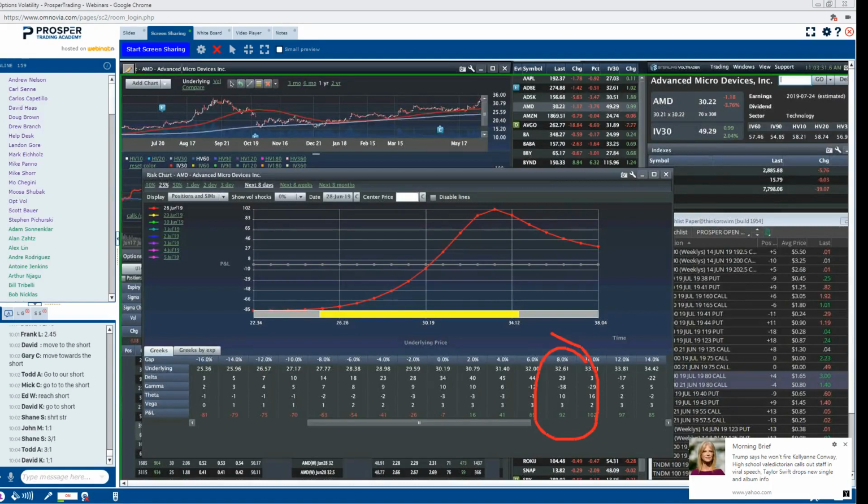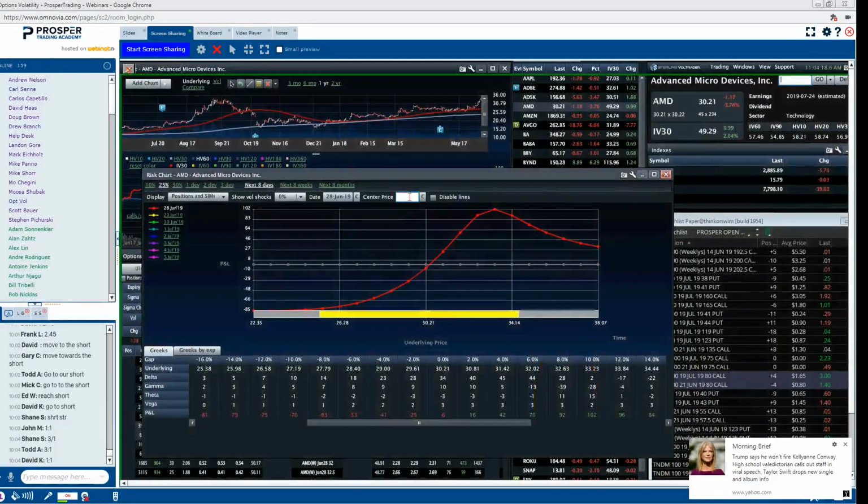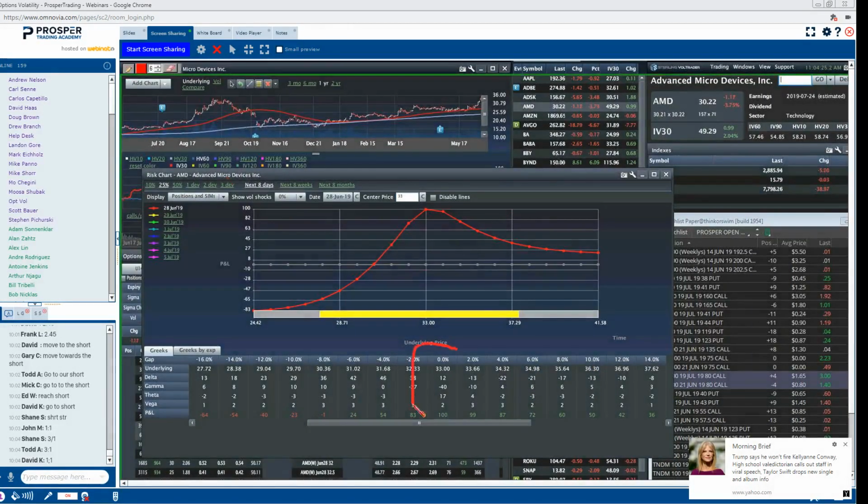If we look at 33 here, in fact, I'm going to put straight 33 in here as the price. Our projection here shows about $1 profit. That's 1.25 to 1. Now, not only is that 1.25 to 1, which is a really nice reward to risk,